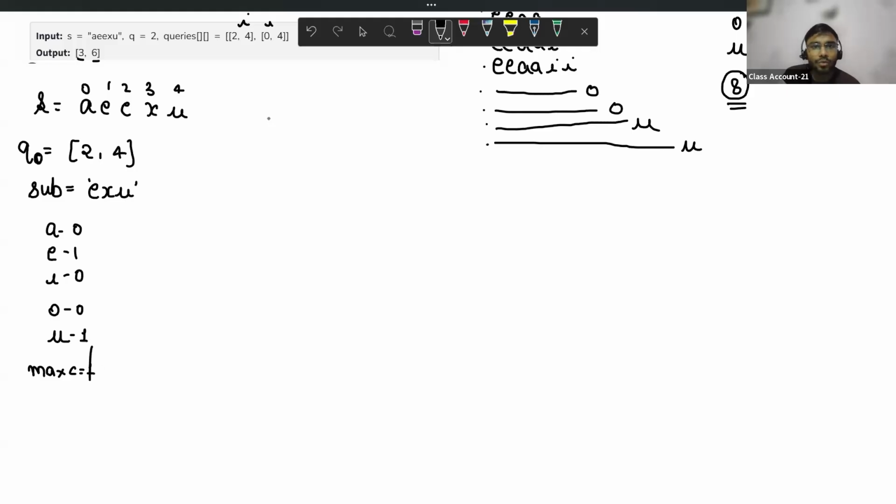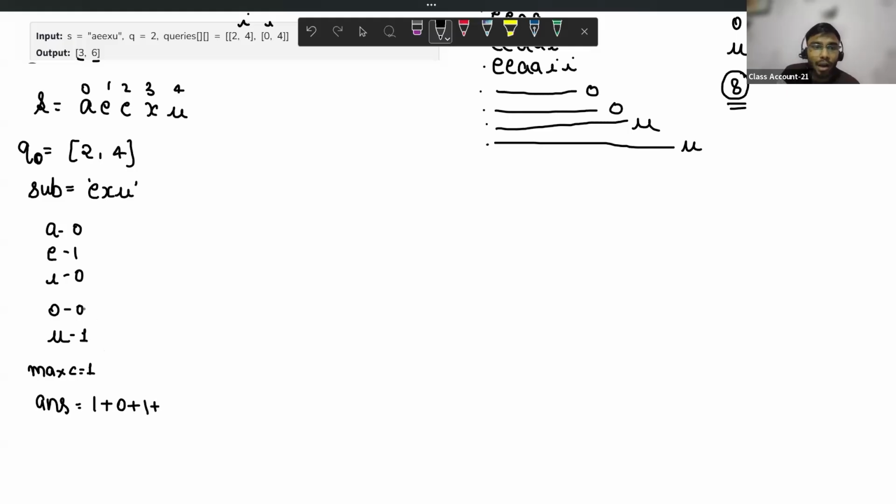Now, what can I do? I can add 1 A. So my answer will be, let's see, I can add 1 A. E is 1 and my required count is 1, so I will not add E. After that, the count of I is 0, but I need the count 1, so I will add 1.